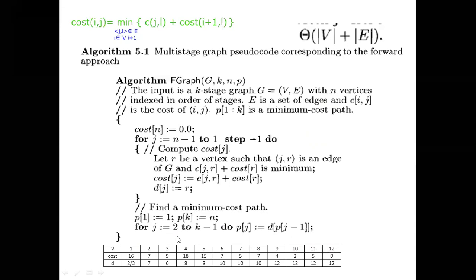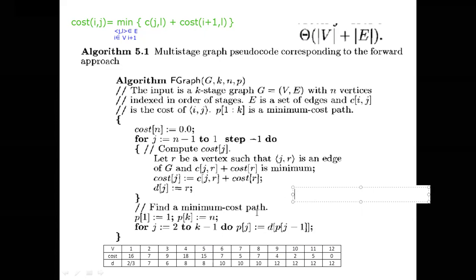Now we will find it out, first P of 1 is equal to 1. We will start with the first vertex. Already I explained. 1 is first. Next we have to get 2 here. Already we calculated how to get that particular 2. Now the J values, it is a loop. J is equal to k minus 1. What is k minus 1? K is 5, so 4 will come. First value I will calculate and I will show you.